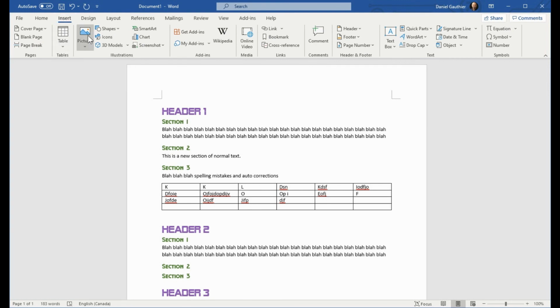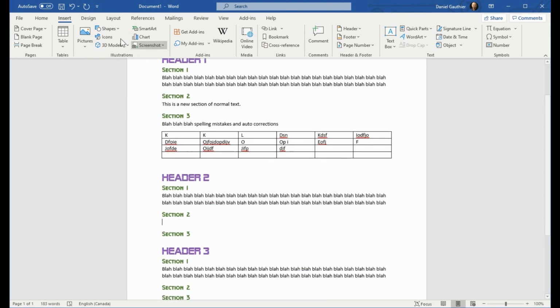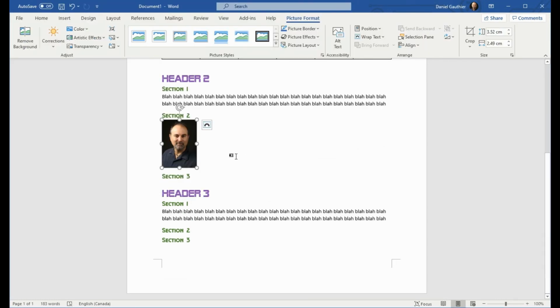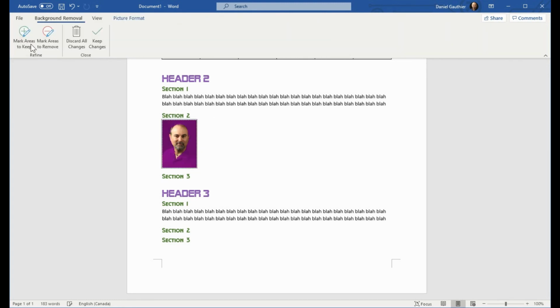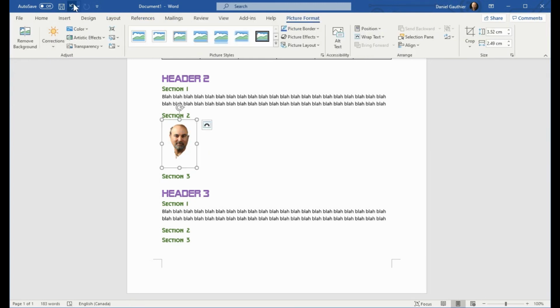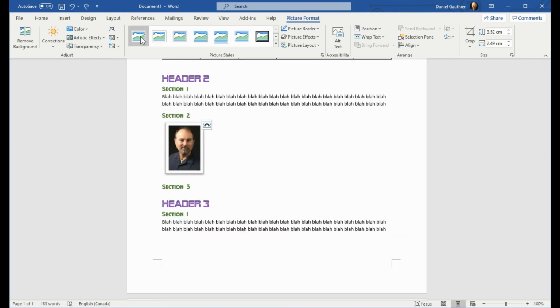Continuing on with the Insert tab, you've got pictures that you can insert. So I've just inserted a picture, and you can see that it brings up another new tab called Picture Format. And there's, of course, a series of options around this that you can play with and see how that works. And some of the features may not work the way you expect them to based on the color scheme and how the picture was taken. So you can experiment with those and see how they are.